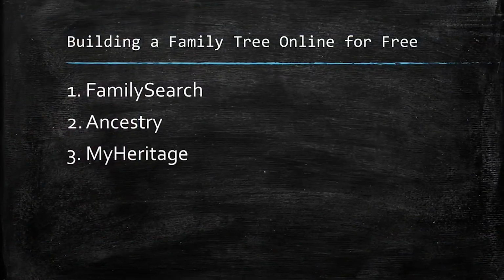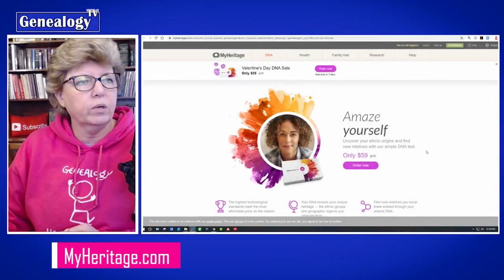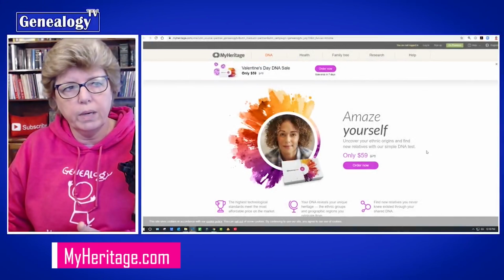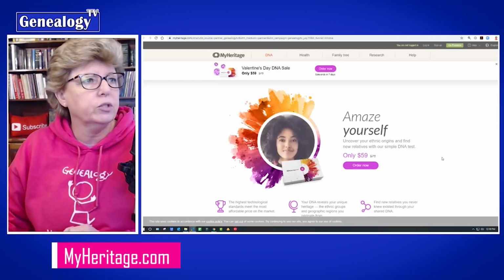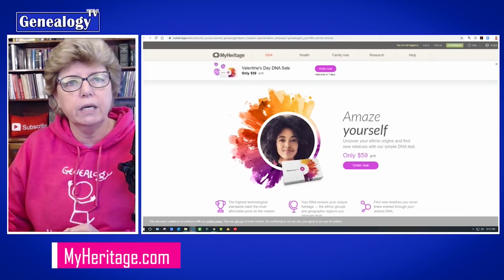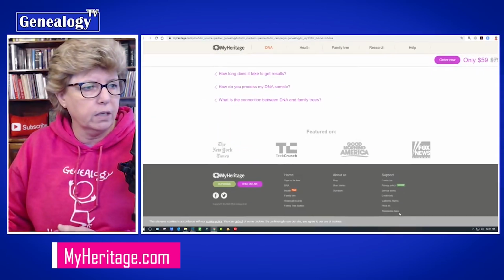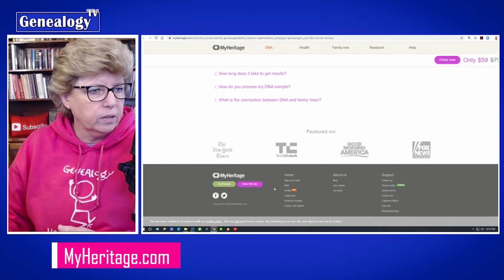And now jumping over to MyHeritage, of course, these are the big three, right? Family Search, Ancestry, and MyHeritage. Now, when you go to MyHeritage's homepage, you're going to find that it's going to try and get you to buy into it, which is fine. But if you scroll all the way down to the bottom of the page, I believe there is a link